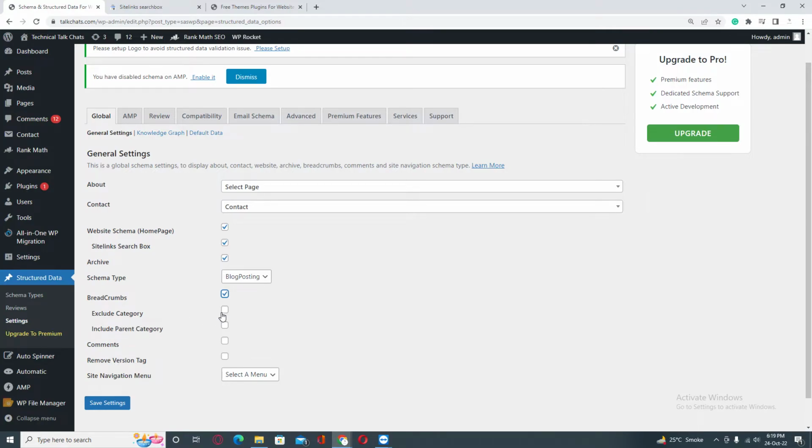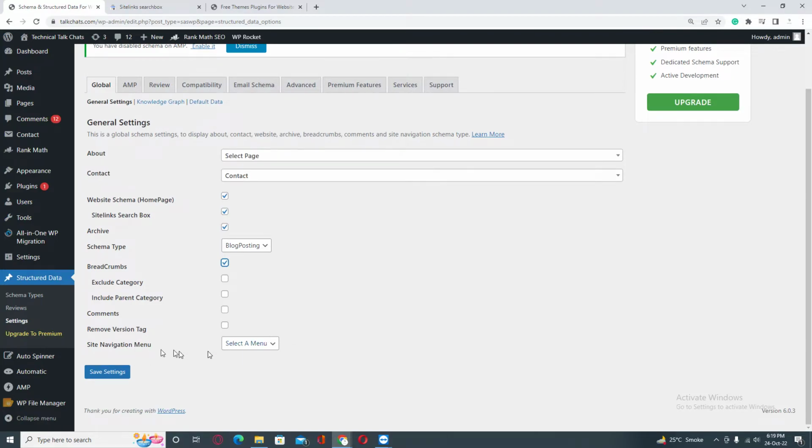Here if you want to exclude the categories, then you can also do this. Include parent category according to your requirements. So site navigation menu, this is important. My site navigation is primary menu, so I selected primary menu. Then click on the save button,